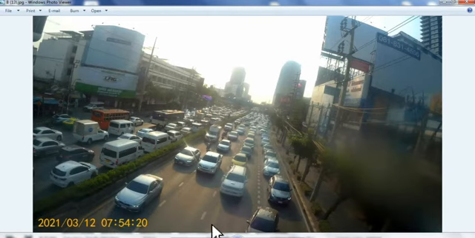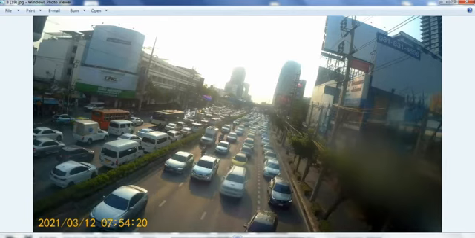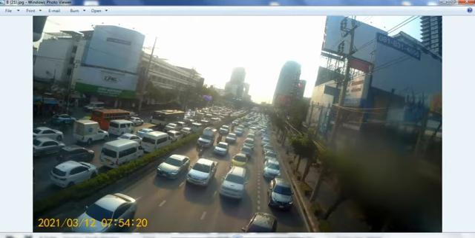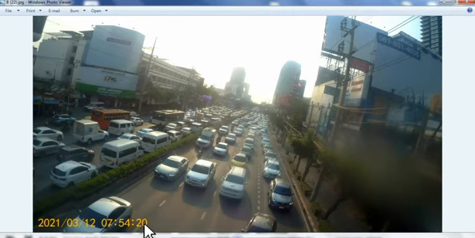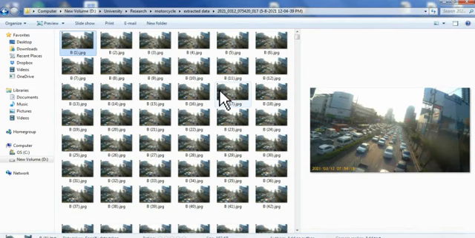So this one is the first frame. Within 10 frames we will have this 20. After that it will change to 21. Let's say this is first one, second, third, 4, 5, 6, 7, 8, 9. After 10 it will change to 21. You can see every second has 10 frames. So we already changed our video to